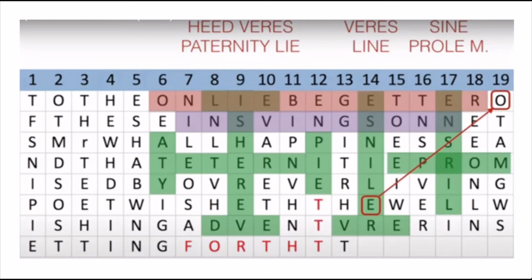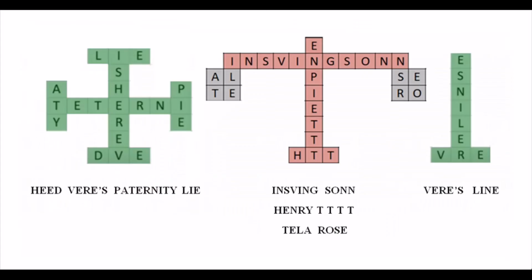In his video, Where is Shakespeare Really Buried?, Alexander Waugh demonstrates that the rebuses from the Sonnet's dedication grid tell us there's a paternity lie in Vere's line. Henry Wriothesley is Henry de Vere's father, which is why Oxford was sine prole mascula, or without male issue. In between Vere's paternity lie and Vere's line, I found a rebus explained in video 5 that's in the shape